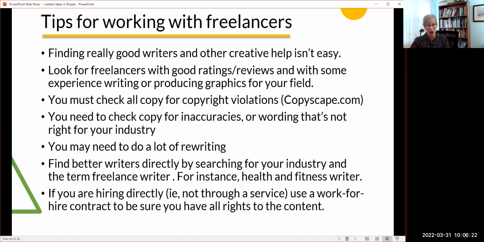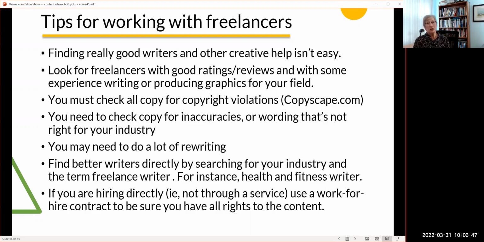You need to check the copy that you get for inaccuracies and for wording that's not right for your industry, because a writer that's not familiar with your industry might use the wrong term or might not get the right slant on how things are really done. And if you don't have what the experience is really like, people are going to leave and say you're not the real thing. They won't come back.